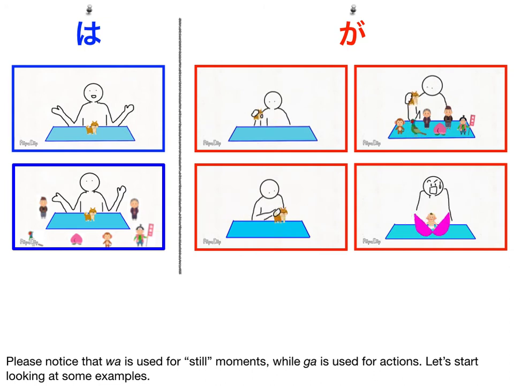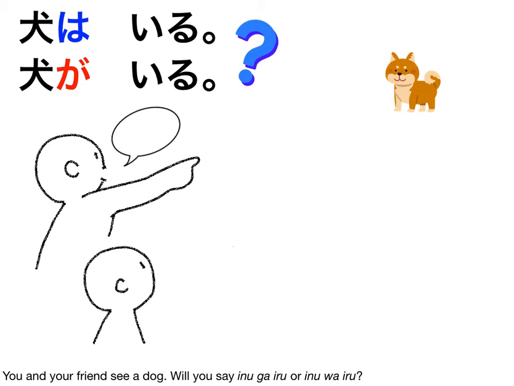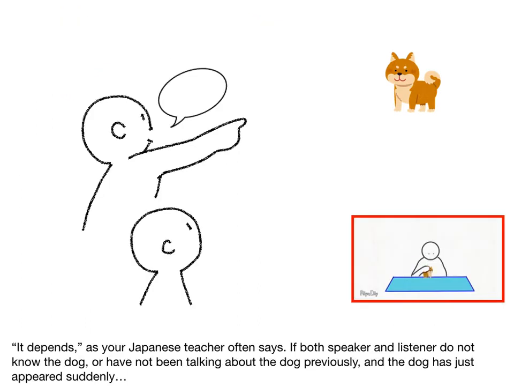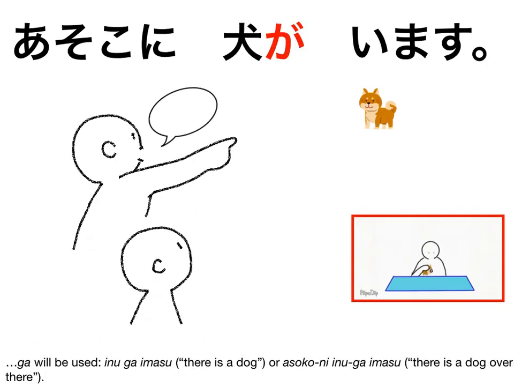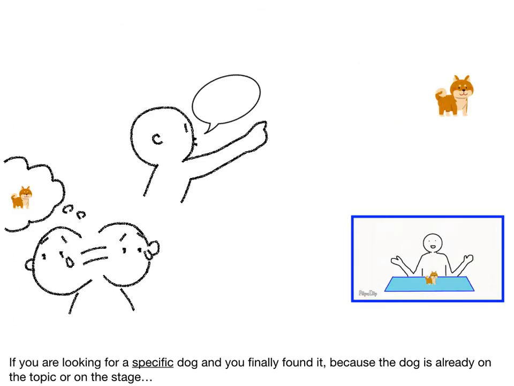Let's start looking at some examples. You and your friends see a dog. Will you say 犬がいる or 犬はいる? It depends, as your Japanese teacher often says. If both speaker and listener do not know the dog or have not been talking about the dog previously and the dog has just appeared suddenly, ga will be used. 犬がいます。あそこに犬がいます。